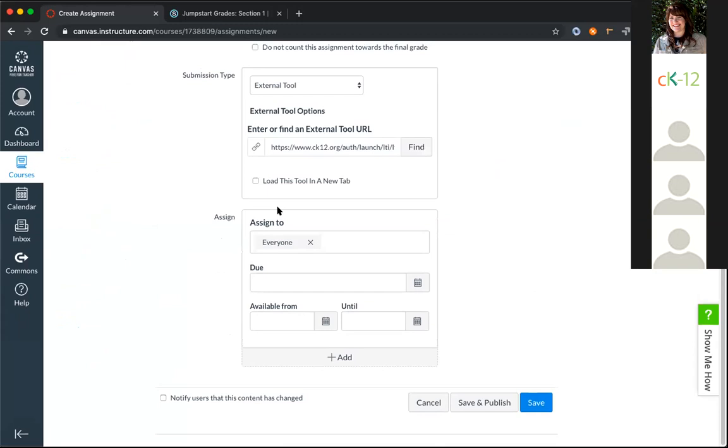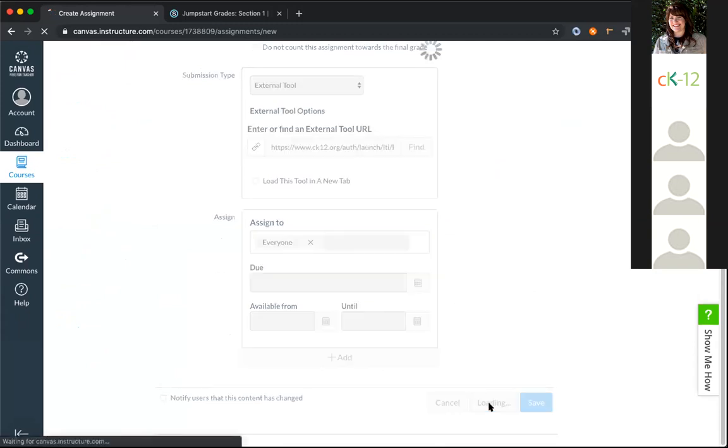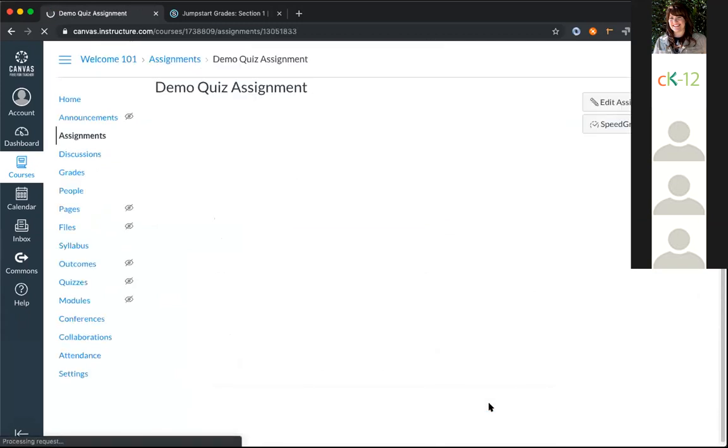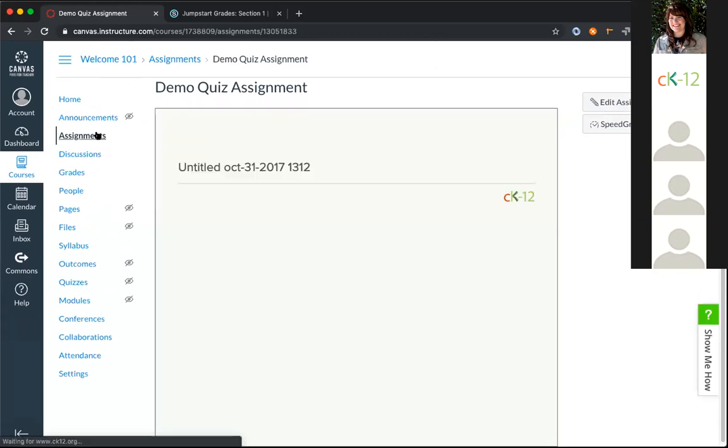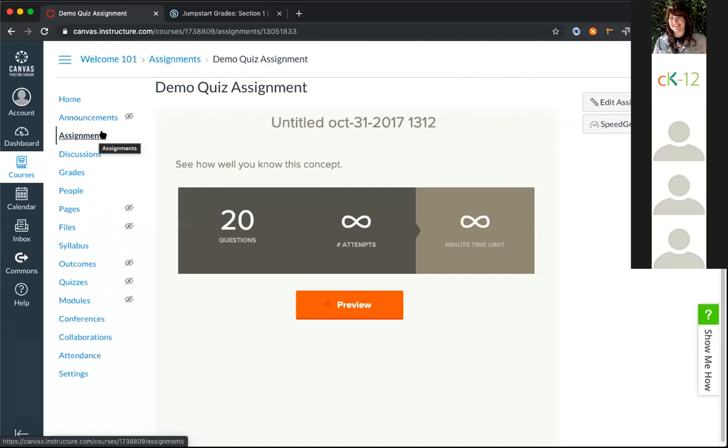And I'm just going to save and publish. And that will create the assignment. That's pretty much it. I'll show you guys the Flexbook 2.0 when I go through the Schoology side.